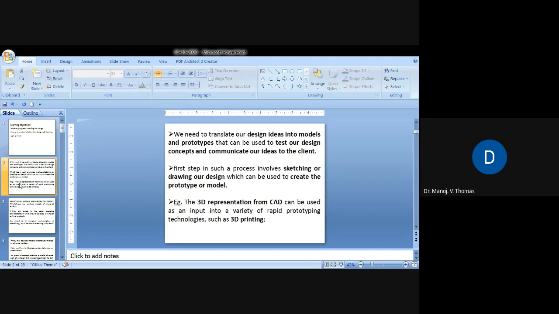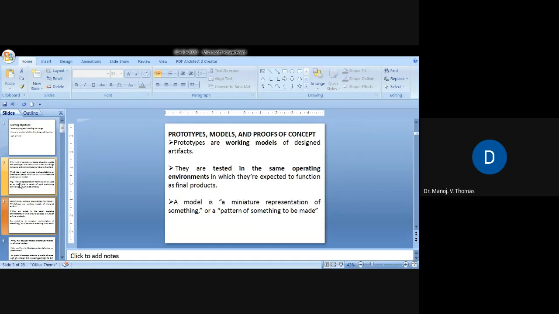So whatever is required for a particular person, say an artificial arm or any artificial organ, that can be 3D printed and installed onto the body. Then it will suitably match the person's requirements correctly. So that is 3D printing. So that is again a prototype. So prototypes are working models of a design.